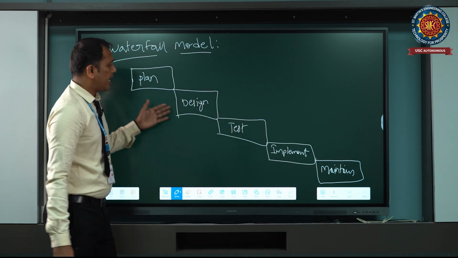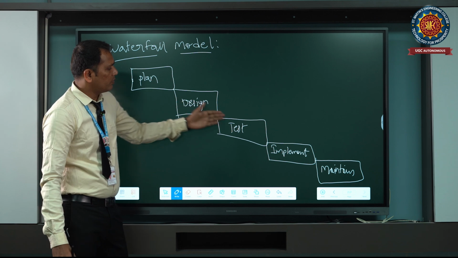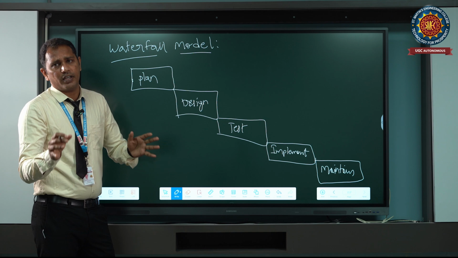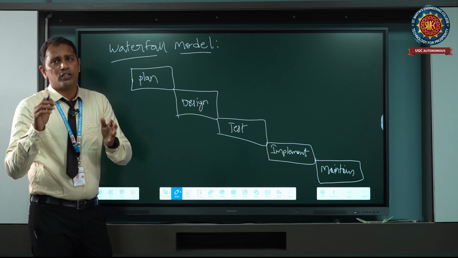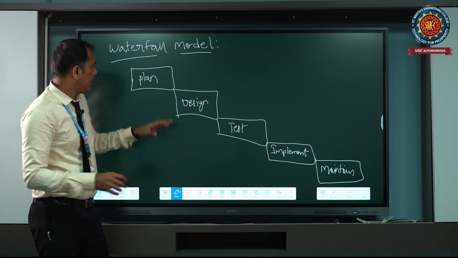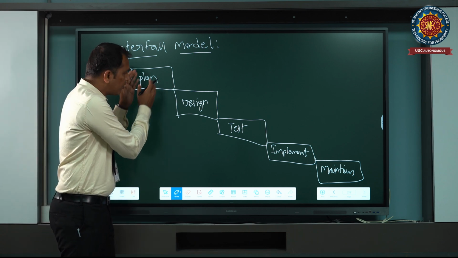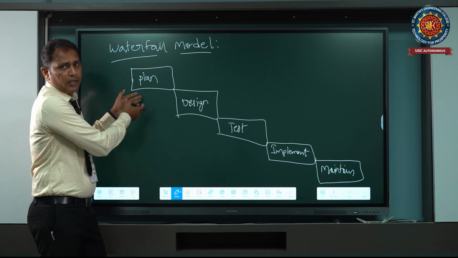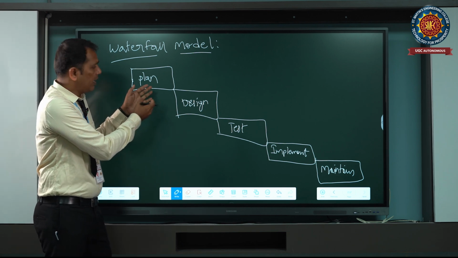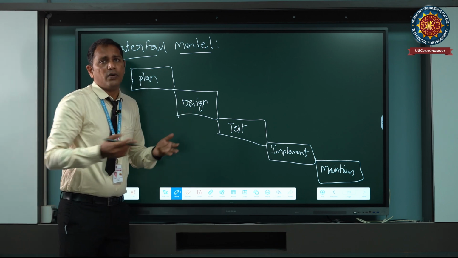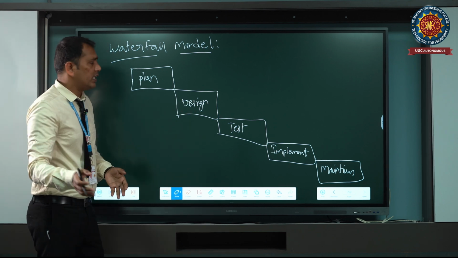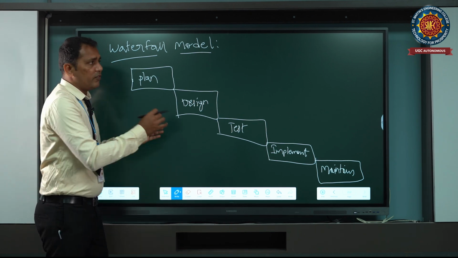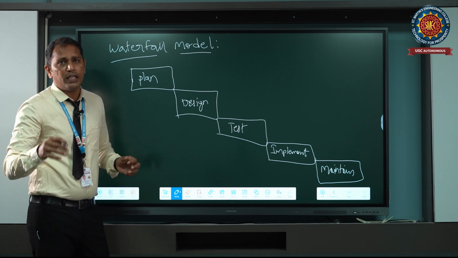This diagram shows it is a step by step process. When you are going to plan, you have to plan according to the software the customer wants to develop, and after completion of the planning, you have to go to the design process. Otherwise, when planning is not done correctly, how can you go to design without any proper information? Using this model, you don't go to another step until one step is completed.